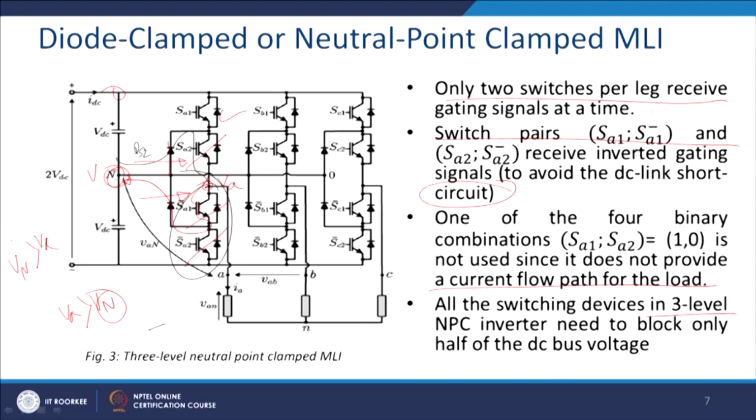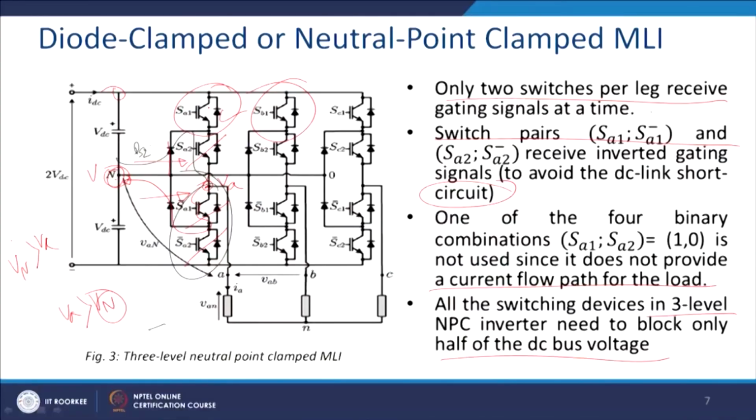You can see that all the switching devices in a 3 level neutral point clamp or the direct clamp inverter need to block only half of the DC bus voltage. Thus, you have a uniformity in the bill of material, in abbreviation we call BOM. So you require to purchase all the IGBTs of the same rating, and that gives you a reduced component count in your bill of material, and also as I told you